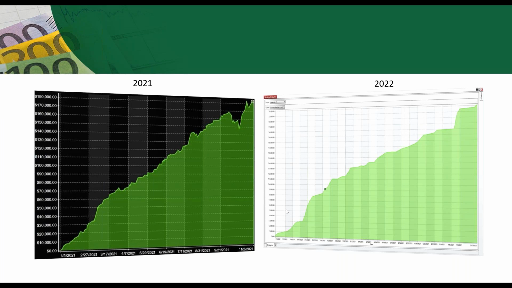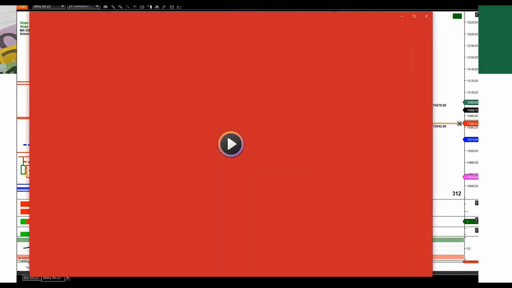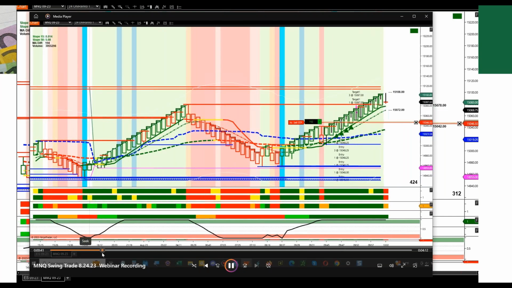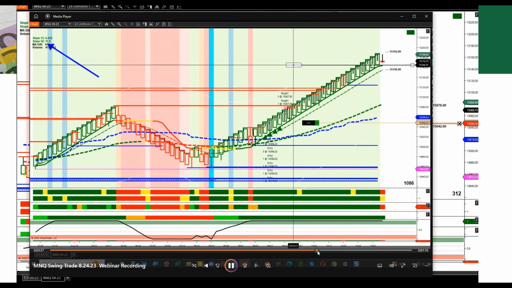I lost all my data in a hard drive crash for 2023, so that's why I don't have 2023. So here's a trade that the auto trader took on MNQ. Now it hit my first target really fast. So I said, you know what, I'm going to record this trade. Let me pull up the recording, because I felt like this was going to be one of those really big trades. So I'm just going to fast forward. We hit our first profit target of 80 ticks. So we're up 152. Now we're up 344. Now we're up 499.